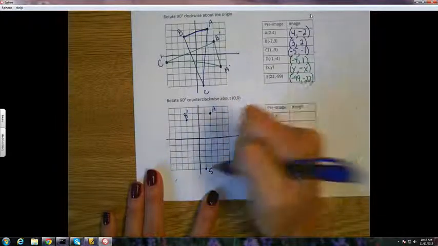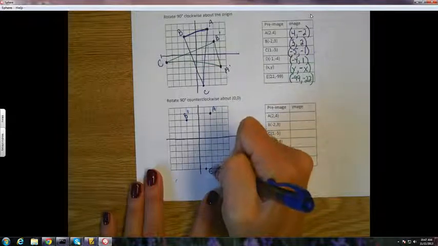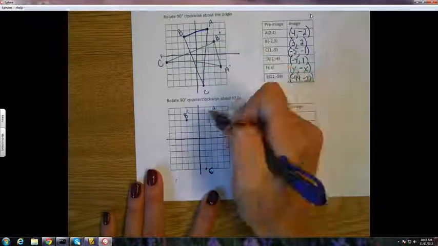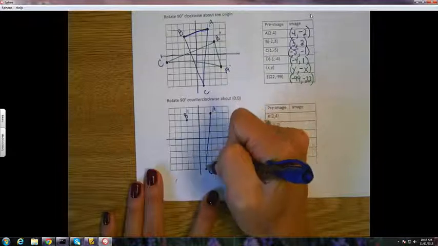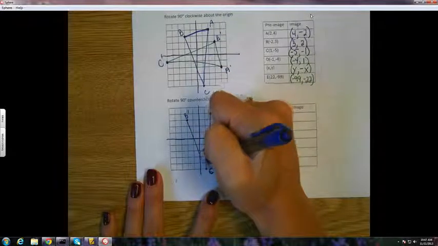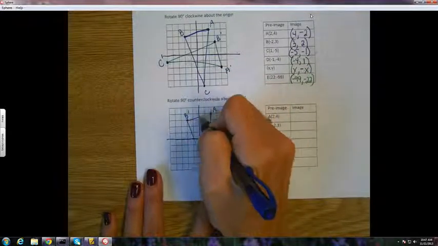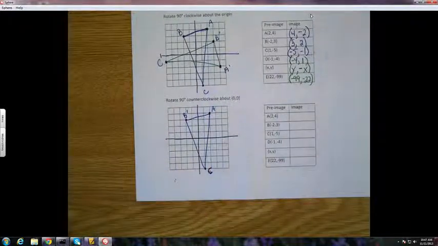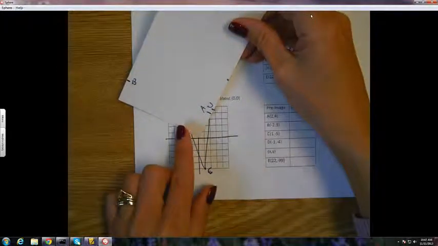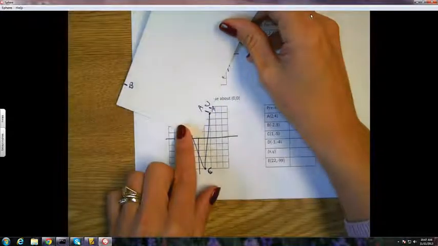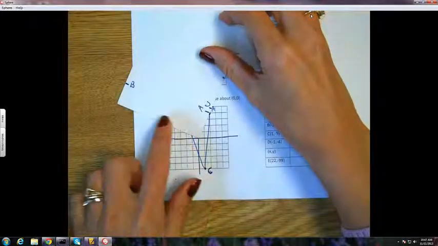Oh, 5. And if you've already got your A, B, and C on here, we just have to lay the card on there so that we're going counterclockwise. So you want the card to be to the left of your point. So if I wanted to rotate A, I would line it up like this. Counterclockwise, I want to